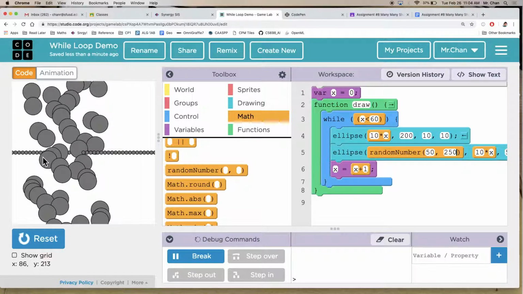So save yourself. If you find yourself copying and pasting to achieve the goals of this assignment, consider using this new construct called a while loop. Questions, comments? So fiddle around with this. In a couple minutes, I'll draw your attention